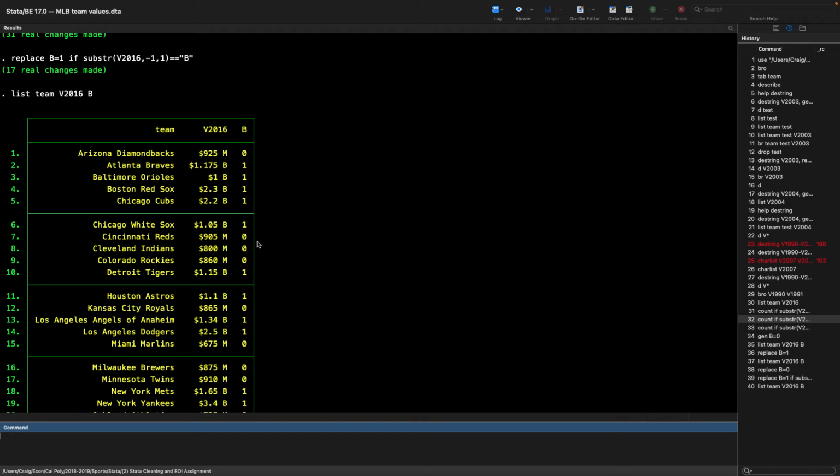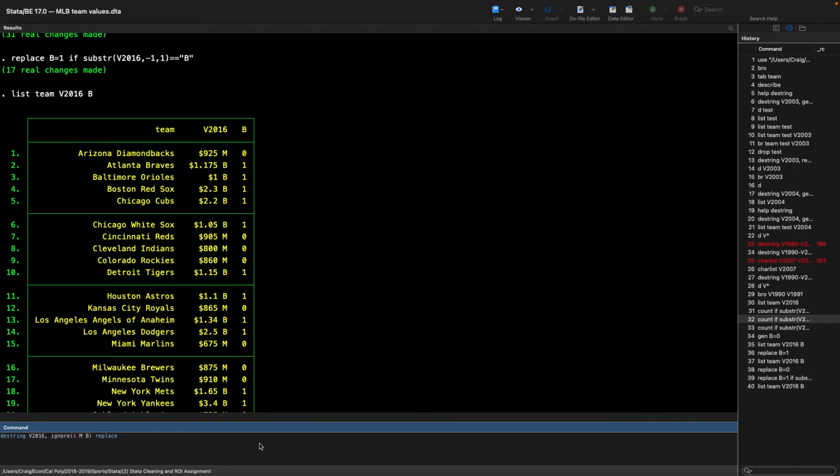So this is great. Now I can feel free to destring these variables, get rid of the B and the M, because the information I want to keep is stored right here in this variable. And then I know which ones to multiply by 1,000 to convert them to millions of dollars. So let's do that. I will go ahead and say destring 2016, and we're going to ignore what characters we have: dollars, M and B. I think that should be all. Stata will tell us if it's not, right? And then I'm going to say replace,